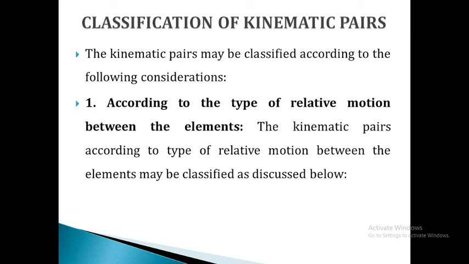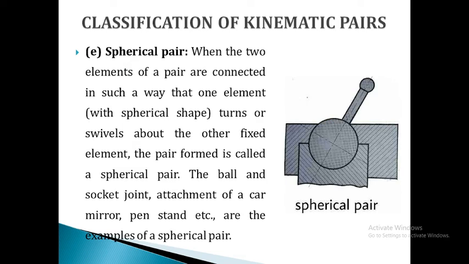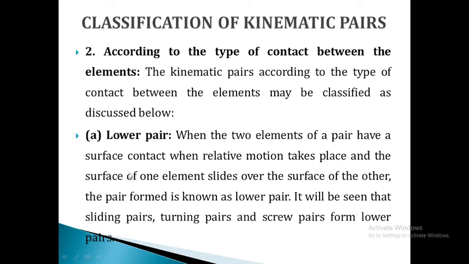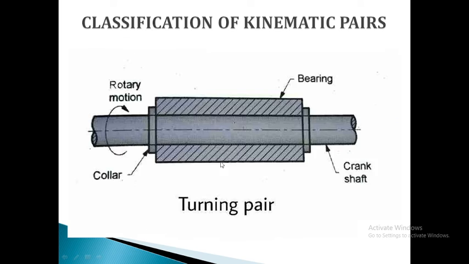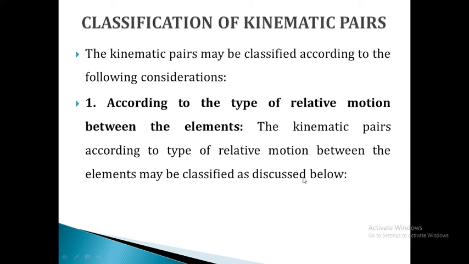ओके, फर्स्ट, according to the type of relative motion between the elements, लिंक्स के बीच में रिलेटिव मोशन के बेस पर हम लोग काइनेमेटिक पेयर का क्लासिफिकेशन कर सकते हैं। सेकेंड क्लासिफिकेशन इज अकॉर्डिंग टू द टाइप ऑफ कॉन्टैक्ट बिटवीन द एलिमेंट्स, एलिमेंट्स के बीच में किस तरह का कॉन्टैक्ट है। ओके, फिर नेक्स्ट है लास्ट, अकॉर्डिंग टू द टाइप ऑफ क्लोजर। किस तरीके से दोनों लिंक क्लोज्ड हैं एक दूसरे के साथ, कैसे कनेक्शन है उनमें। तो इन तीन बेसिस पर हम काइनेमेटिक पेयर्स का क्लासिफिकेशन कर सकते हैं।